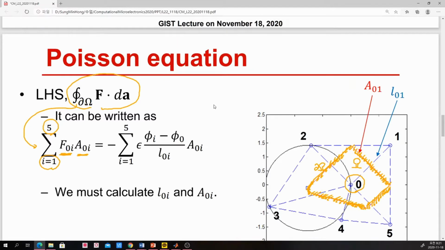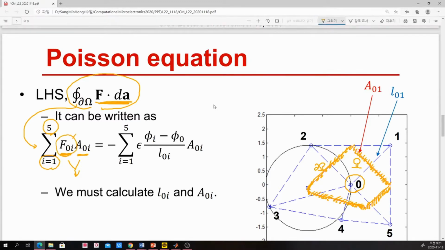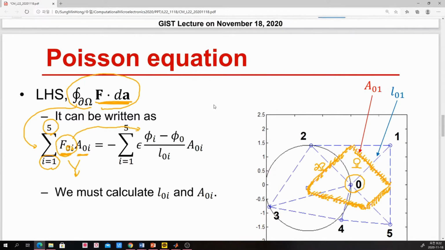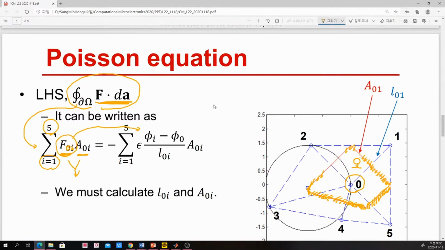The product of these two terms yields the integrand. And here we have the f function, and this is a flux from 0 to I. So 0 to I means that